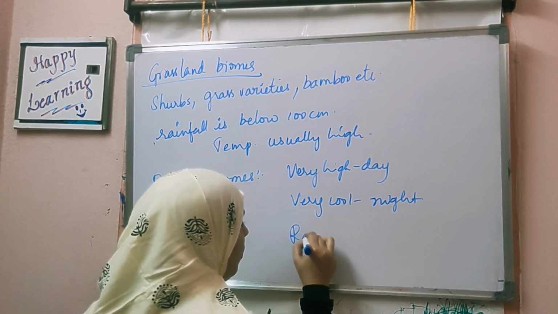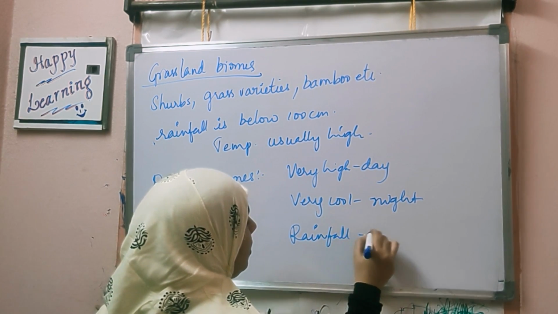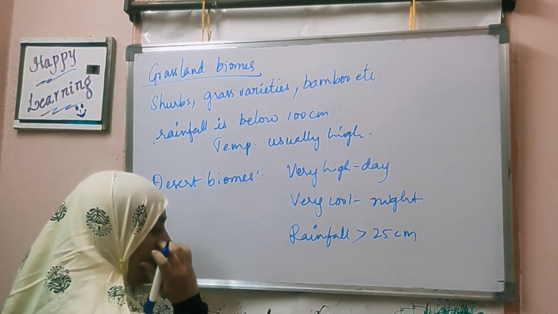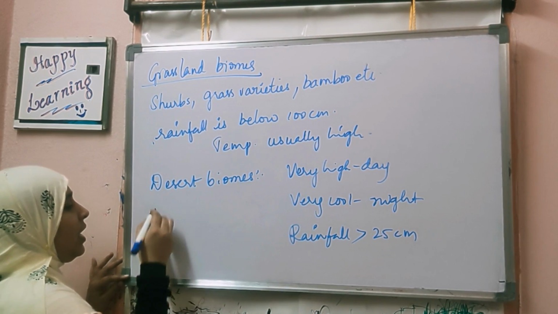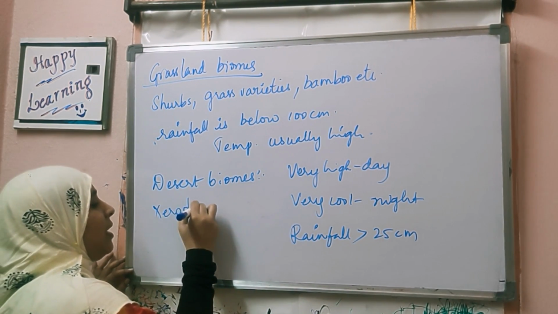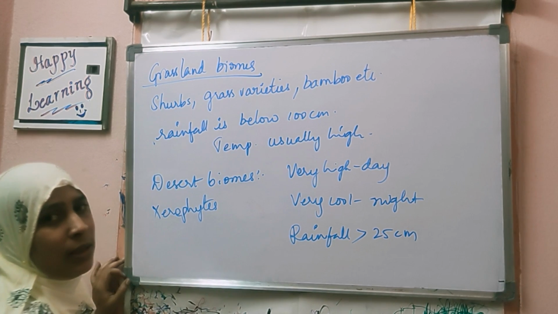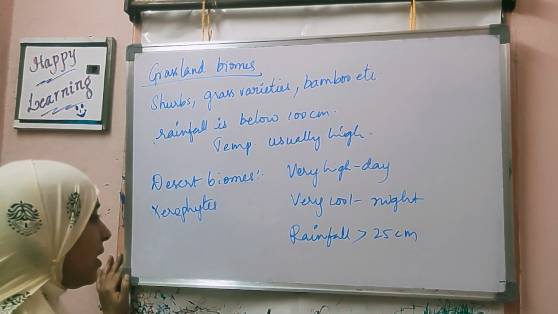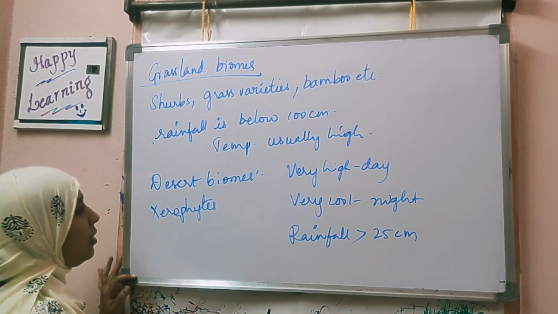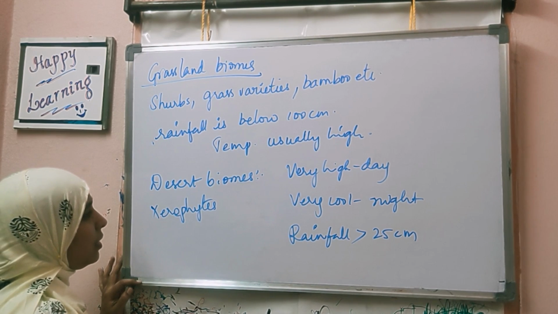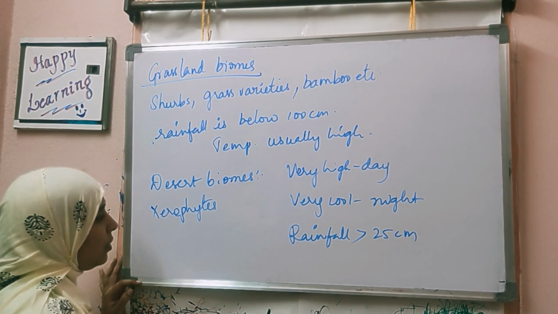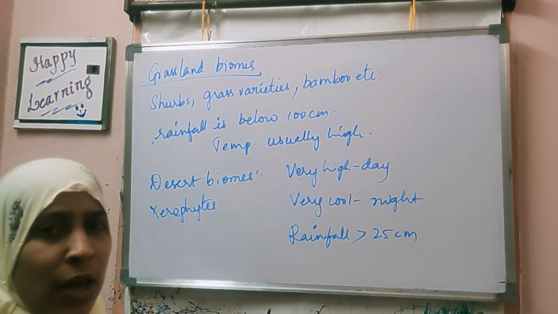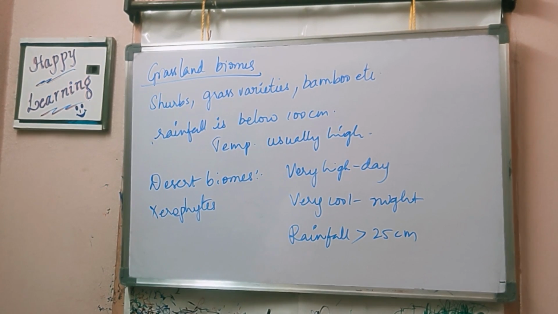Rainfall is less than 25 centimeters. And the organisms that are found here are xerophytes. Animals, we know camel, lizards, moles. We have already discussed about the animals that live in the adaptations lesson. What else? These organisms which are found in these regions are able to adapt to water scarcity,